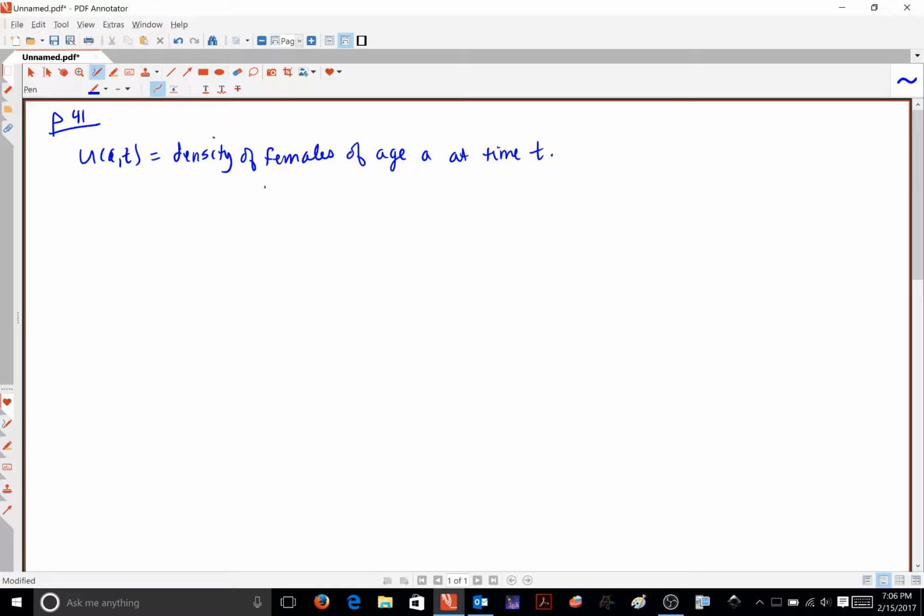So what they're going to do is write this equation at the next time, a plus delta t, t plus delta t, which is going to be where you were before, u of a, t,